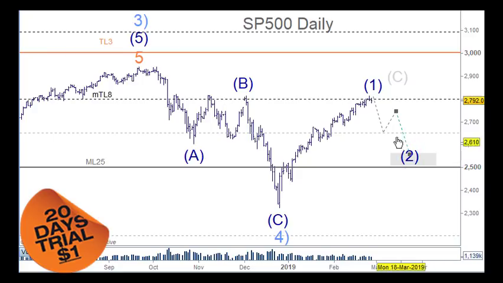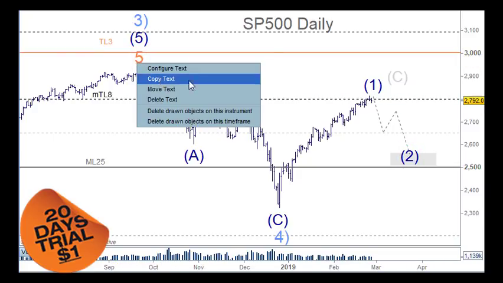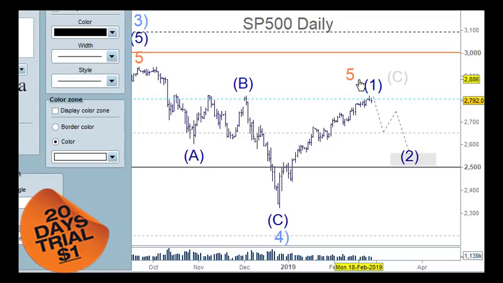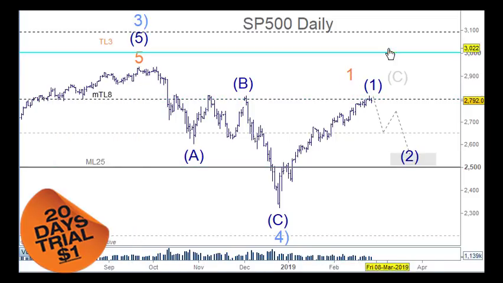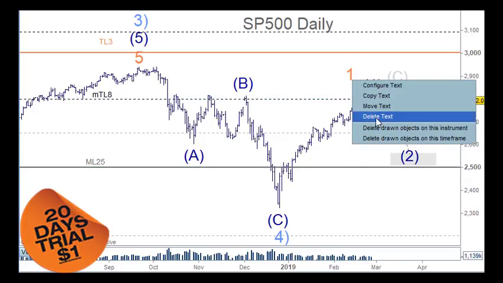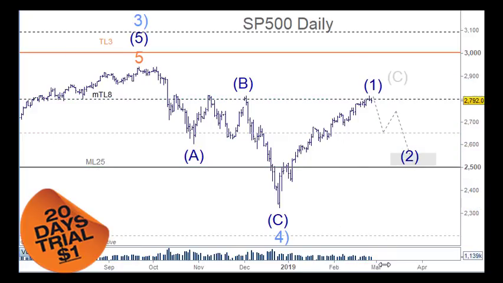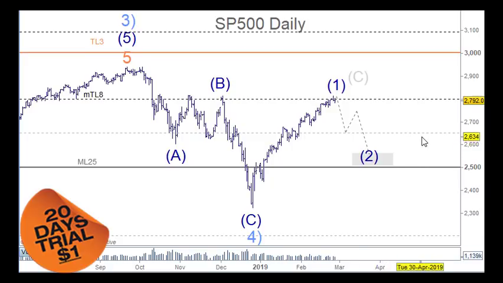When we go on to the intraday charts, I've got this up here as wave 1 in orange, but don't worry about that because I'll need to readjust all of that, but this is how this looks at the moment. There is another bullish count and there's also a bearish count as well. So the bearish count